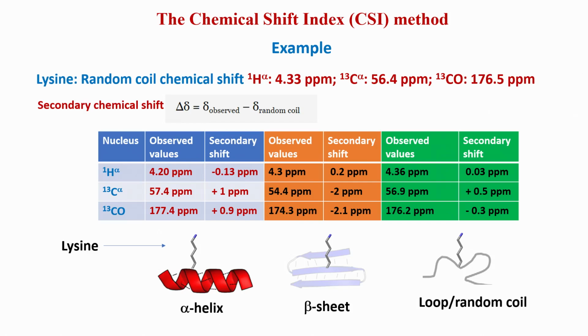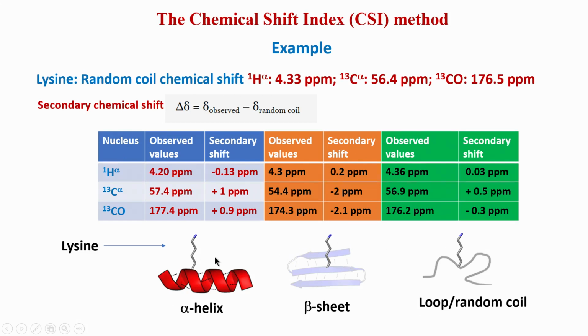This is how, for any amino acid residue in a protein, we try to categorize it as a random coil or not. It could happen that all three agree it should be random coil, here all three agree it should be beta sheet, and here all three agree it should be alpha helix, but that may not always be the case. You may have one chemical shift that disagrees with the other two. Then if 2 out of 3 say it is alpha helix, then it is alpha helix. Similarly, if 2 out of 3 say it is beta strand, we consider beta strand, and if 2 out of 3 say loop, it will be loop.